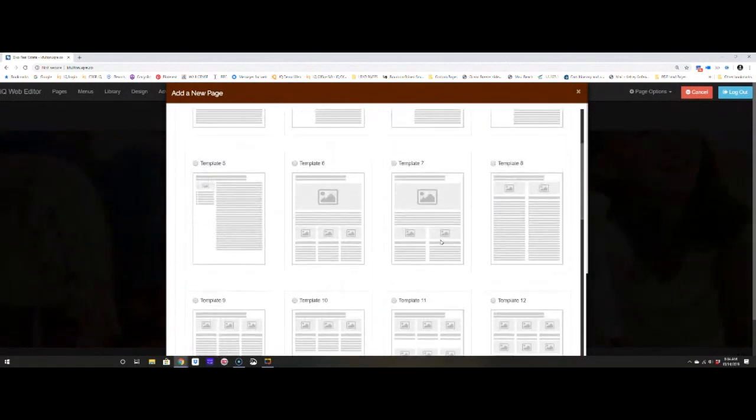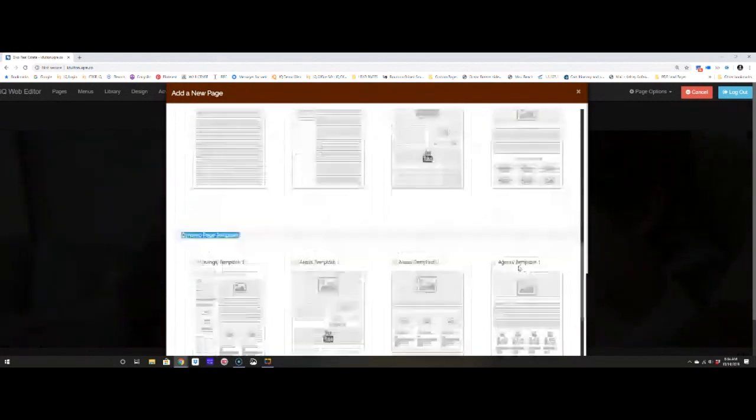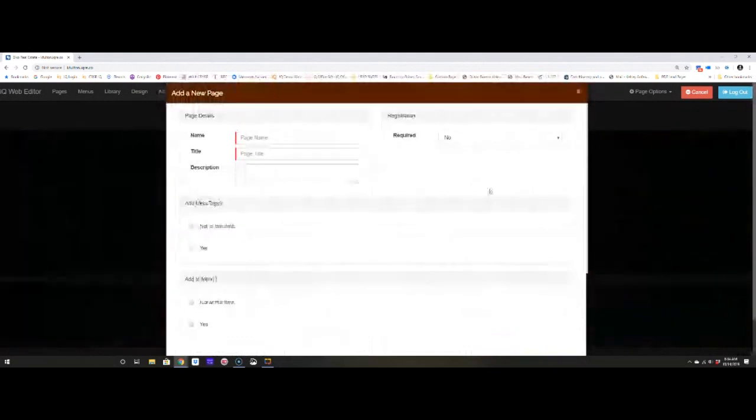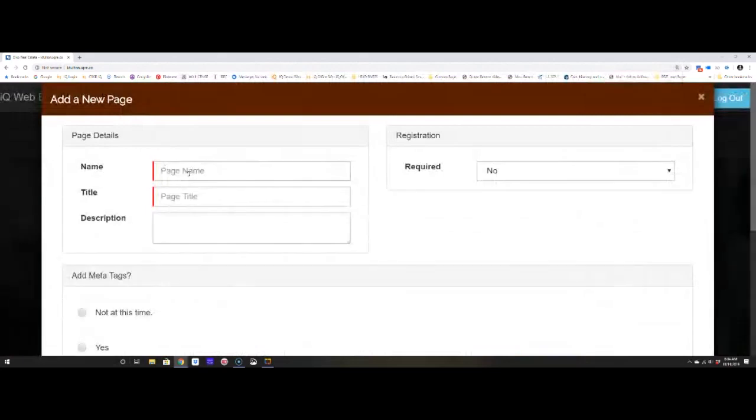So we're going to do a couple types of pages today. The first one I'm going to do, I'm just going to choose template 5, and we're going to click next. When we do that, we get to the edit screen for the page, and the first thing it does is it asks for your page name. So maybe this is my preferred vendors. And the title is helping you